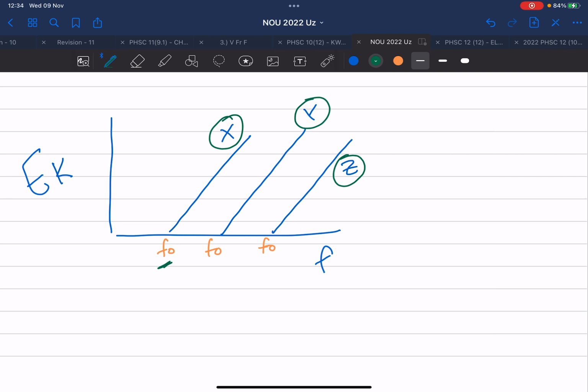A is dieselfde metaal met verskillende drempelfrekwensies. D is verskillende metale met verskillende drempelfrekwensies. Nou, each metal has its own threshold frequency. Ek het gesê juffrou Marx benodig die, Anushka benodig die. Ek weet nie, Dinsdag is koffie, Maandag is espresso, Woensdag is Milo, bla bla bla. Dis so eintlik logies. So the same metal always has the same threshold frequency. So daarom is antwoord D. Different metals with different threshold frequencies. Okay. Julle kan